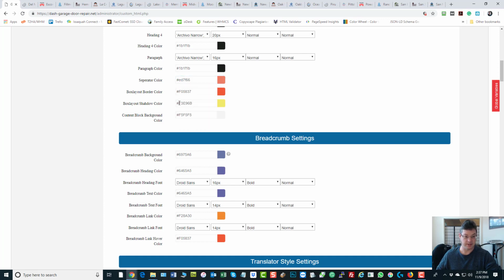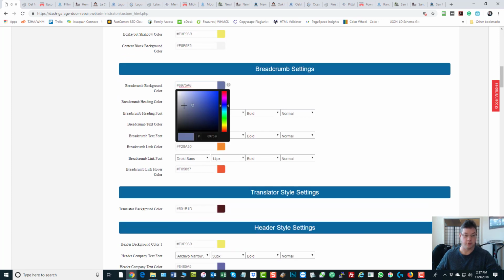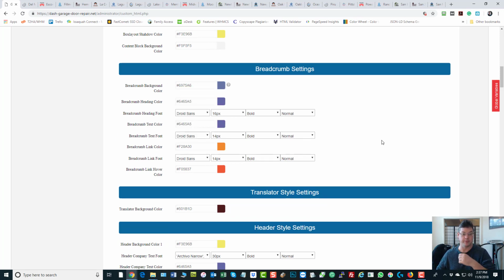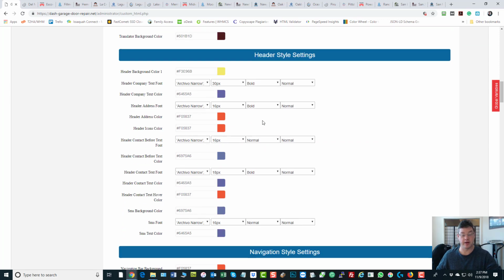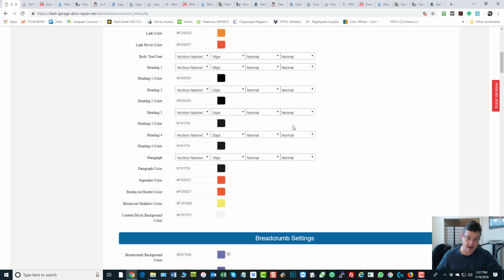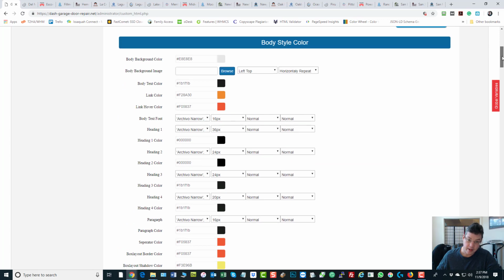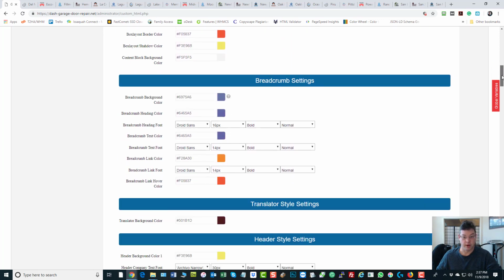Or you could do something else. You could take another matching color and you could copy it and paste it, okay? So if you wanted to change all the purples to another color, then you'd start by changing one of the purples and then copy and paste everywhere the other purples exist, right? And you'd be able to update them all that way, going all the way down. But think about how much is here. Body style, breadcrumb settings,